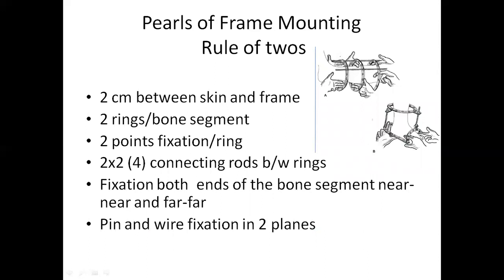And now I want to go to the pearls of ring mounting. What are the pearls of ring mounting? There should be at least 2 centimeters between the skin and the frame. Usually we put two fingers. If all around the ring it is okay, then we agree that the ring mounting is good. But you should keep in mind the residual potential of swelling in a part of the body, like the calf or like the upper femur, where the chance of swelling is more. So you should put the ring very cautiously.